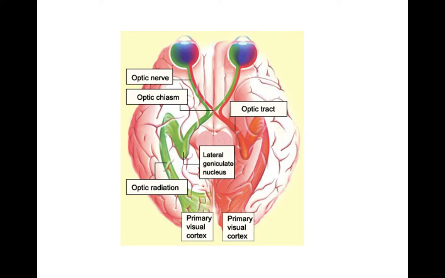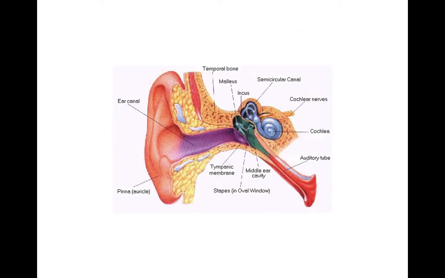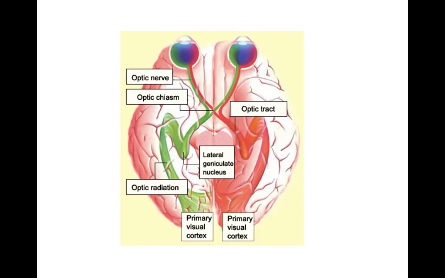We're having our nerves crisscross from the right eye to the left side, from the left eye to the right side. We then follow our tracks back, and ultimately we land with our information being funneled back to the occipital lobe, specifically the primary visual cortex of the occipital lobe that's going to interpret the visual signal. It's going to allow you to know what in fact you are looking at, what you're seeing. Okay, now